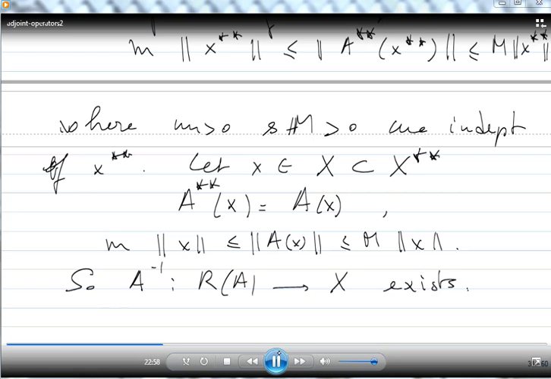Okay? And bounded, in fact. Not only does it exist, but it is bounded by 1 over n, the little n. So it is continuous. Great. Next,